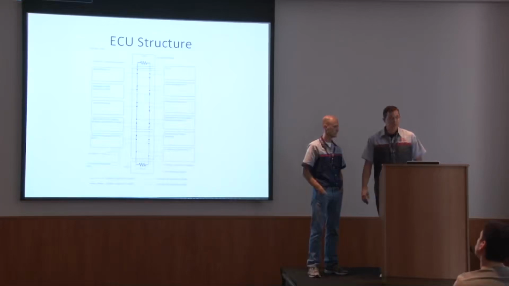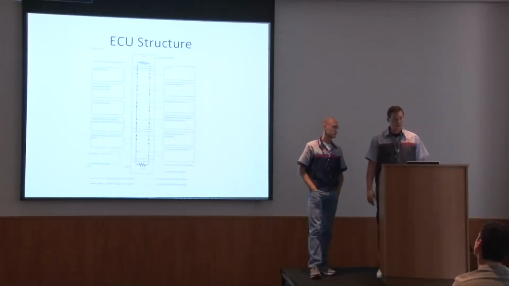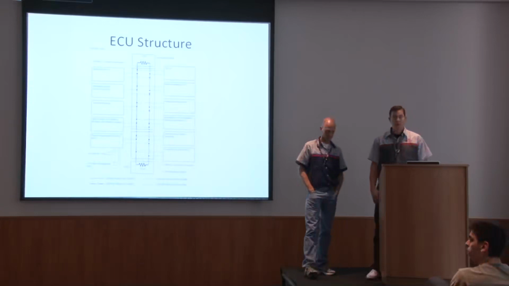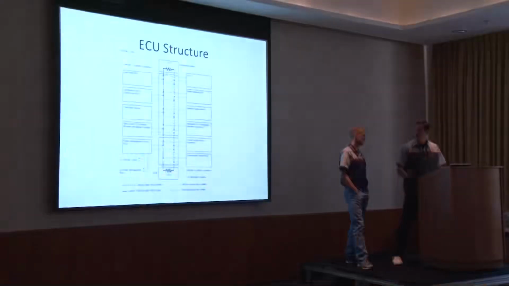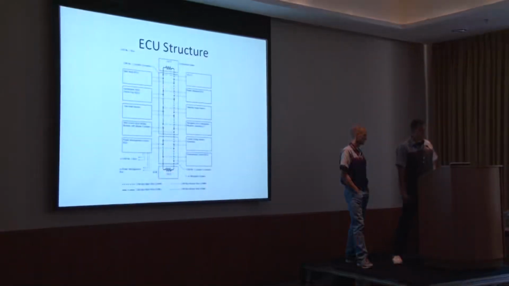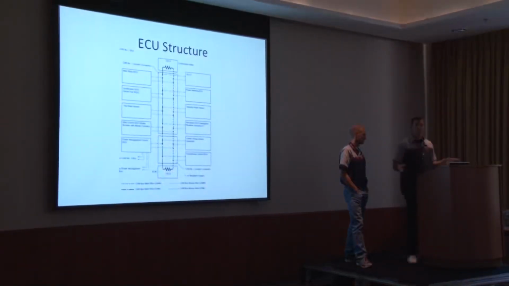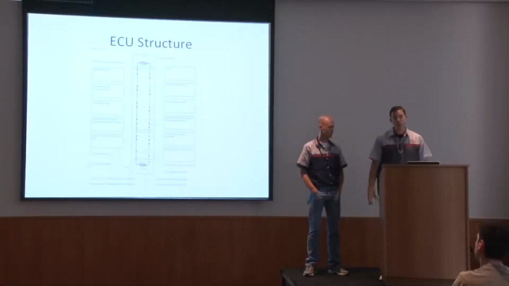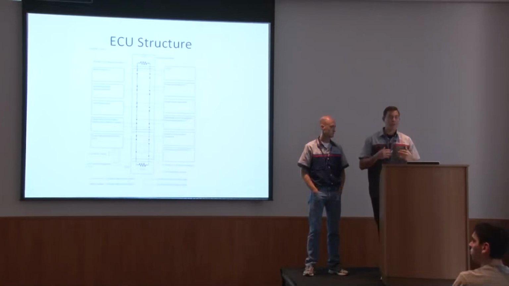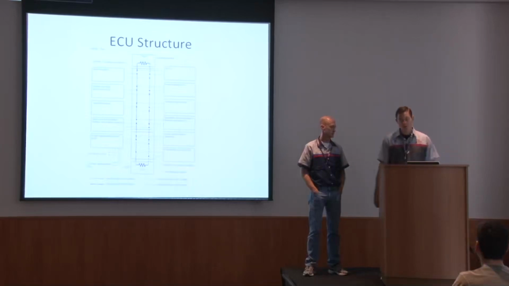The ECUs, at least in our two vehicles, were generally set up on a CAN bus. And CAN is controller area network, which we'll talk about here in a little bit. But to generalize it, all these ECUs were on the network. They could all communicate with each other and all hear each other. So as long as you were on this network, you could listen to messages that were coming from other ECUs and send messages out to the ECUs as well. And there's no real addressing, so forging messages was quite simple.